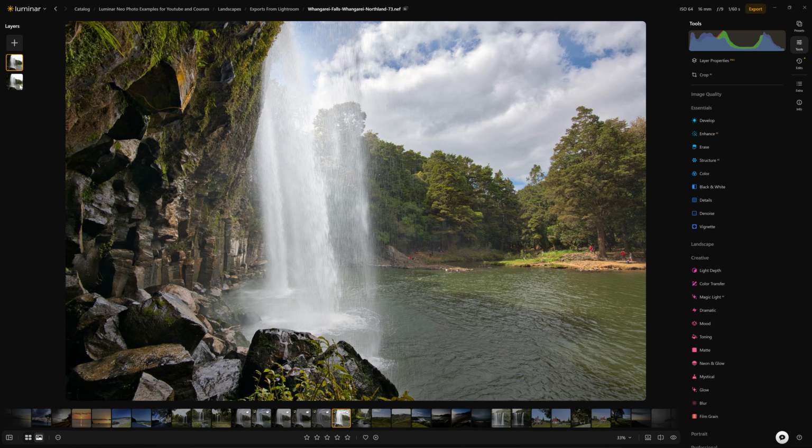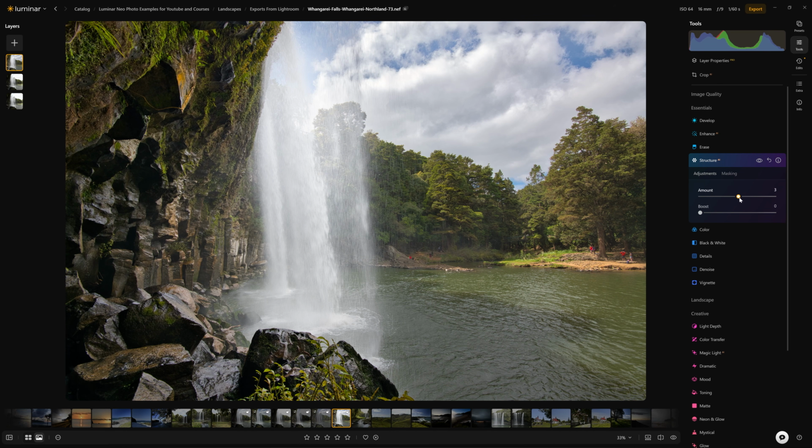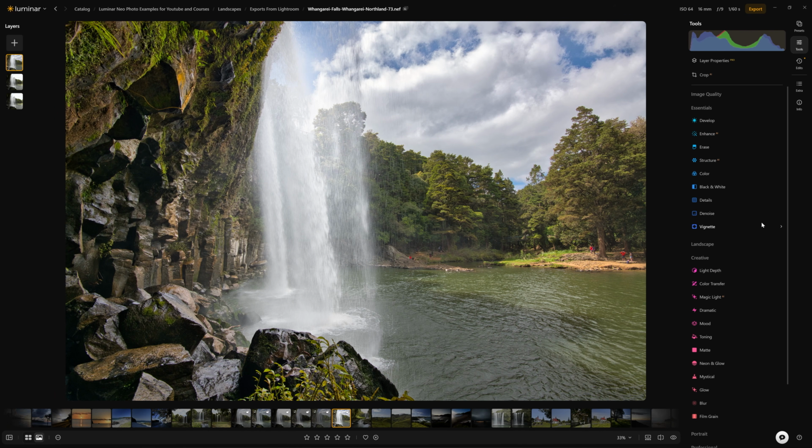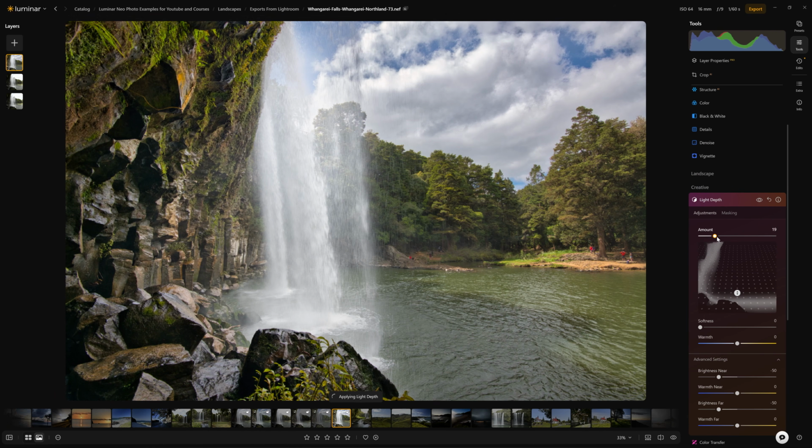So that's why we combine these two layers into one. So I'm going to select both of the layers. With one selected, I hold Shift and click on the other one, right click and choose Merge Layers. And now we can carry on with any of the tools that we love inside Luminar, like Enhance AI. We could come to the light depth tool, push the amount up, and then we can actually move the light